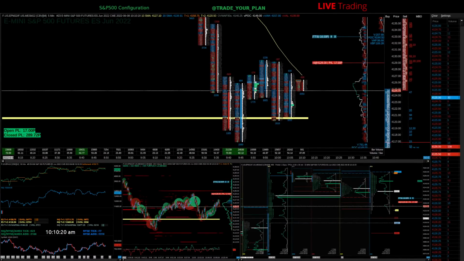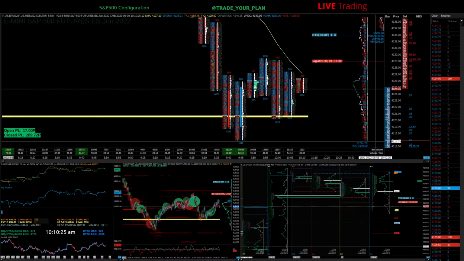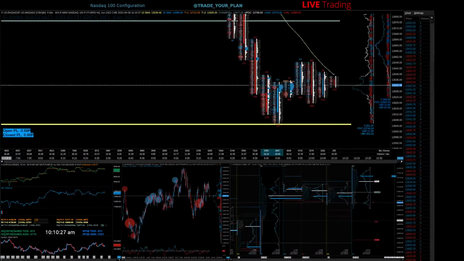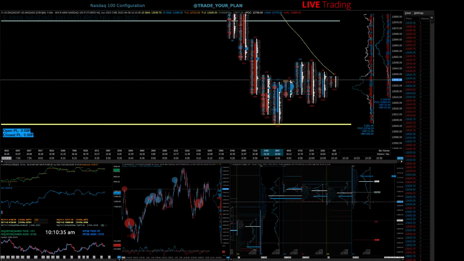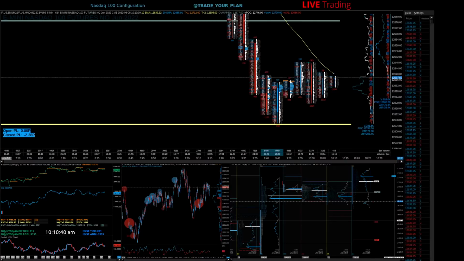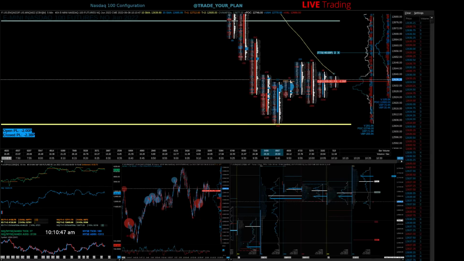Anyway, let me get this treadmill up to speed here. I actually had to stop the treadmill to start adjusting. So the Nasdaq should be good too here. Anyway, let's look at something real quick here on the Nas. All right, let's flatten that for a loss. Bummer. All right, there we go. Why did I flatten for a loss? Because I got in with brackets off. Kind of stupid, but I did it.